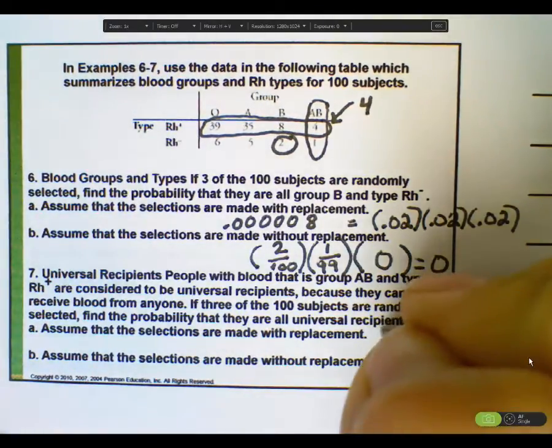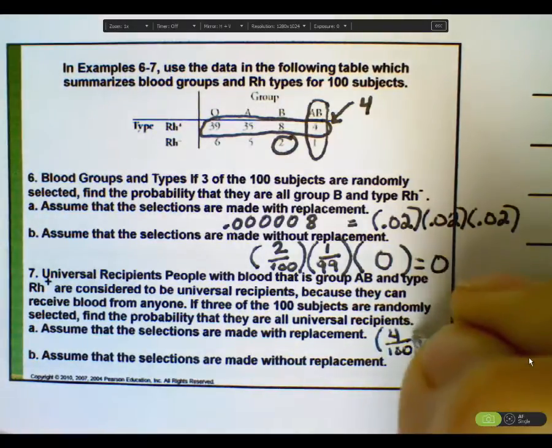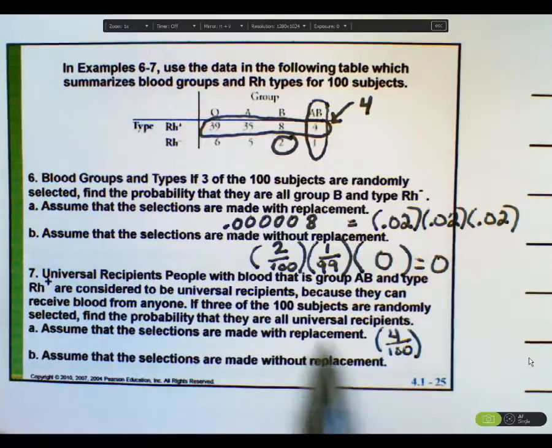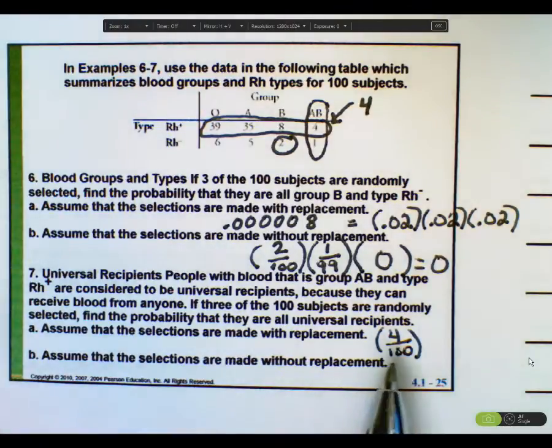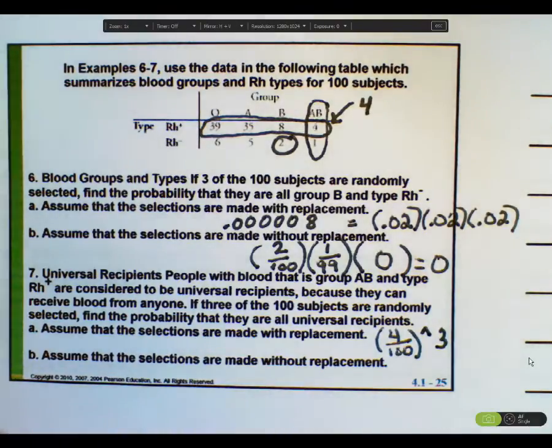Well, I started with 4 out of 100 universal recipients, and if I draw out one and then put him or her back, the probability that the second is going to be a universal recipient stays the same, and the third as well. So 4 out of 100 times 4 out of 100 times 4 out of 100, or 4 out of 100 to the third power,